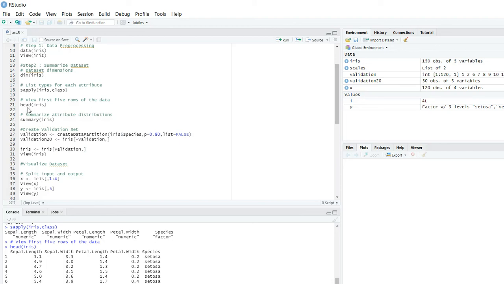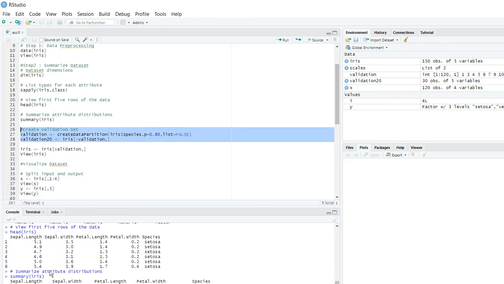Out of 150 records, 80% will be copied in the validation, and in validation 20, the remaining 20% of the data will be copied. So iris minus validation, whatever is apart from the validation, will be copied in validation 20. Let us execute it.